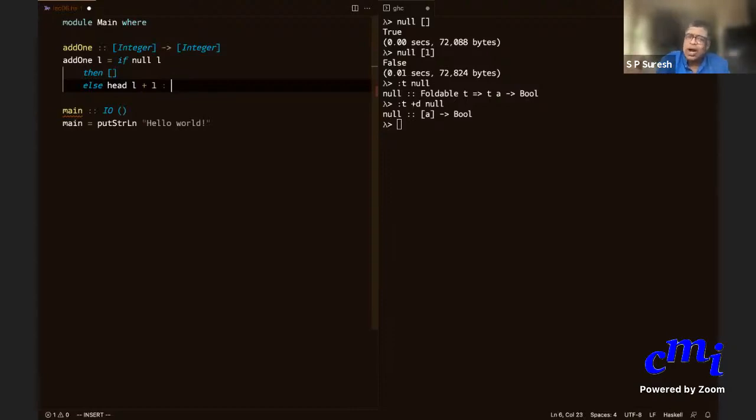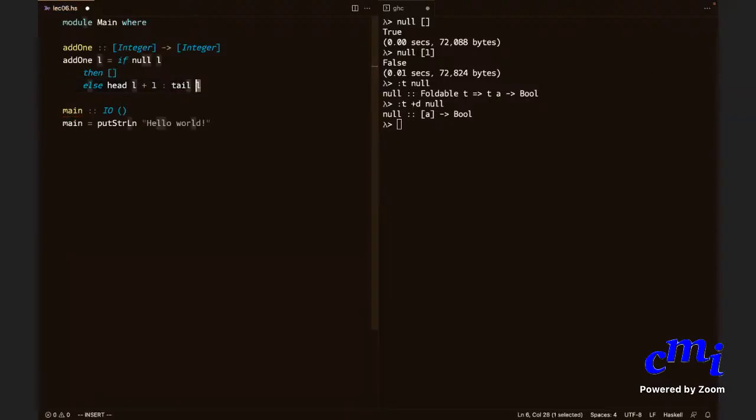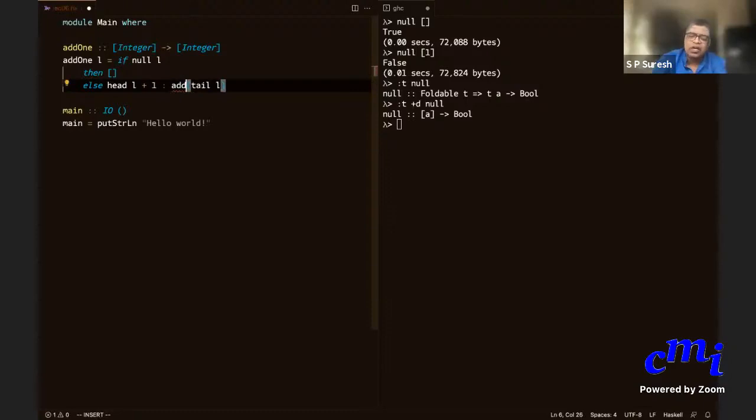And you have to add 1 to all the rest of the list. How do you do that? Tail of L. What do you do to the tail of L? You add L plus 1. No, you don't add it, you call the function again. Exactly. Great. Very nice.